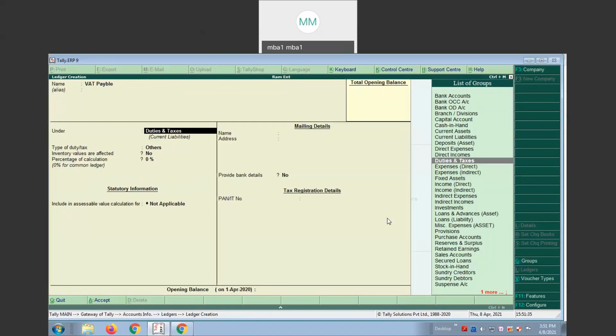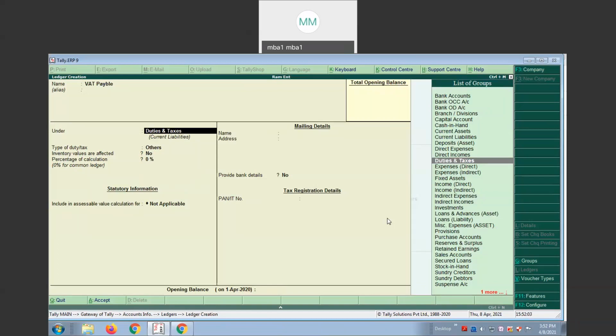Because at the time of selling a stock, you have collected more tax from the customers, and at the time of purchasing, you paid less tax. Output VAT minus input VAT gives you the value of tax you need to pay to the government. So that is VAT payable.